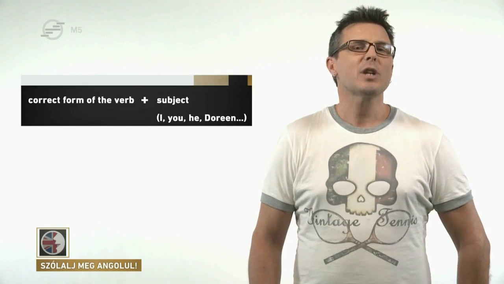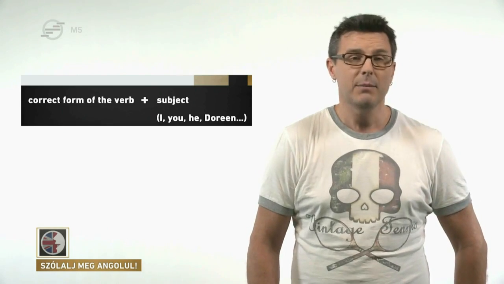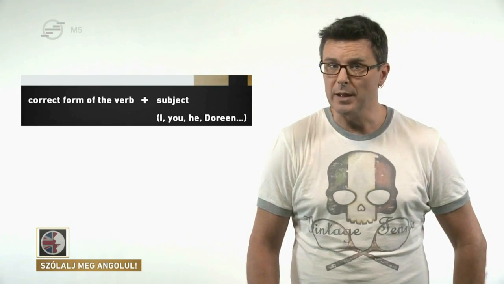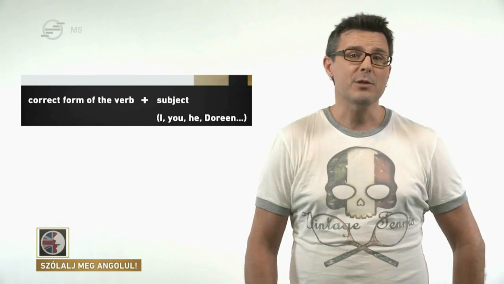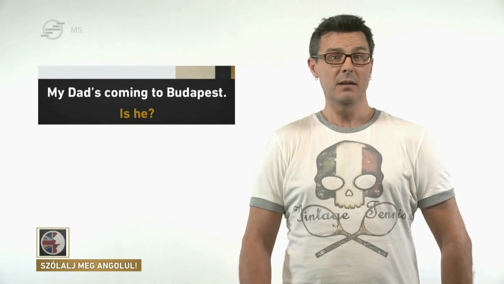So, we use the correct form of the verb, add the subject, I, you, he, Doreen, and then add a question mark. My dad's coming to Budapest. Is he? With the verb to be, the correct form for the third person singular is what? That's right. It is. He is, she is, and it is. So, we make a mini question